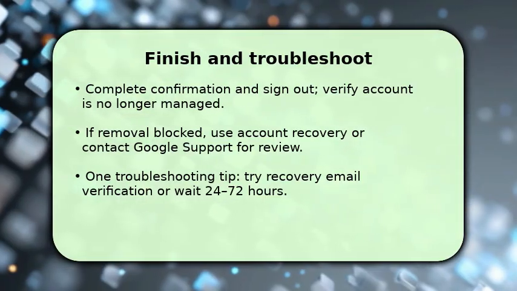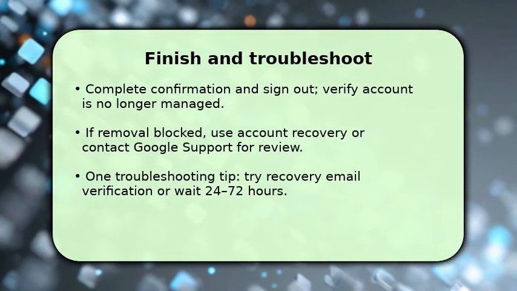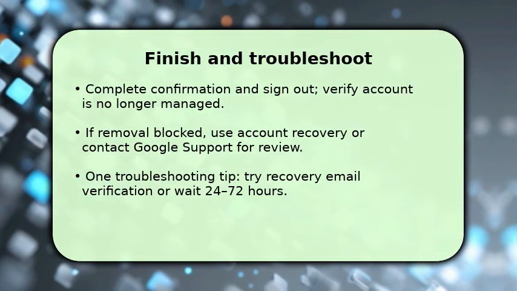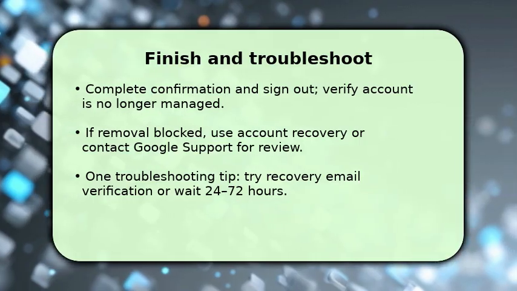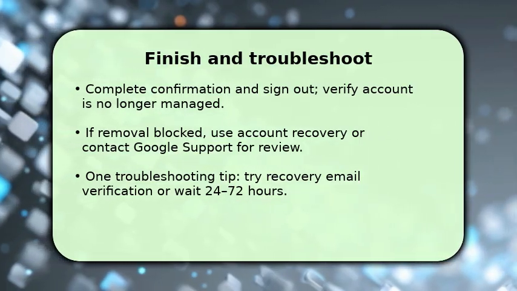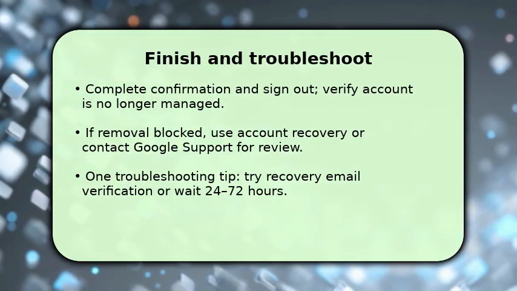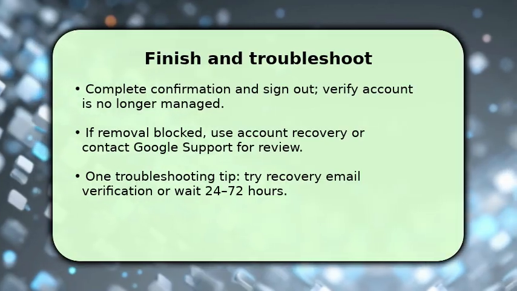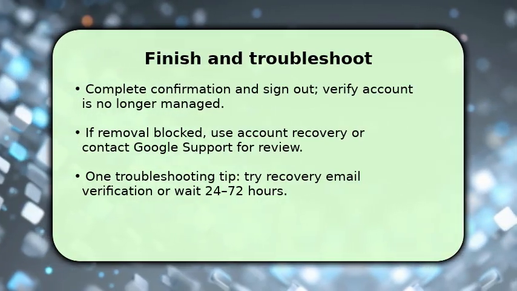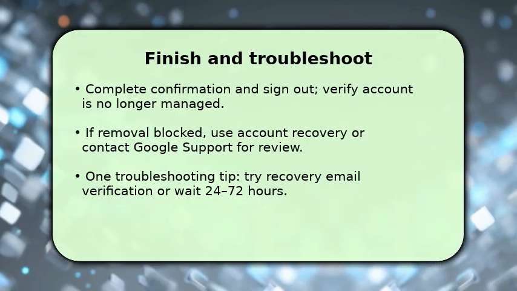If the process is blocked because the family manager's device is required, use the account recovery flow or request a review from Google support while showing proof of identity. If nothing works, try the recovery email verification method and wait 24 to 72 hours for automated changes to propagate. If still stuck,